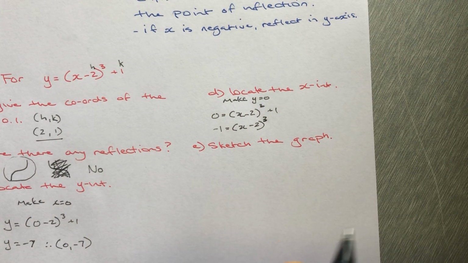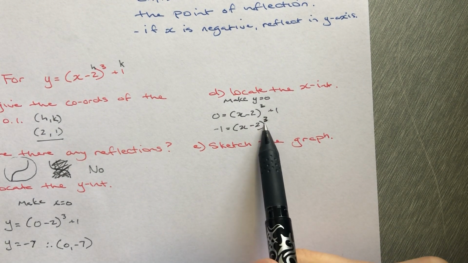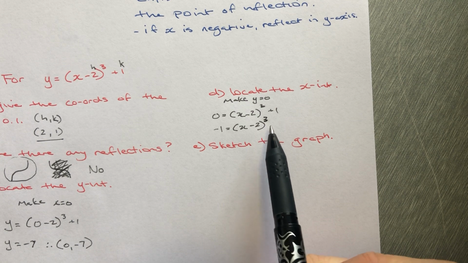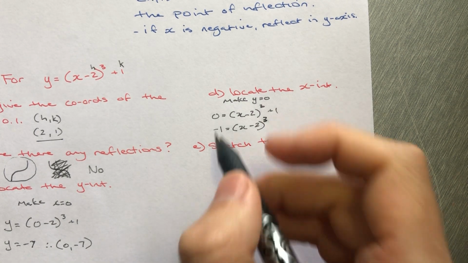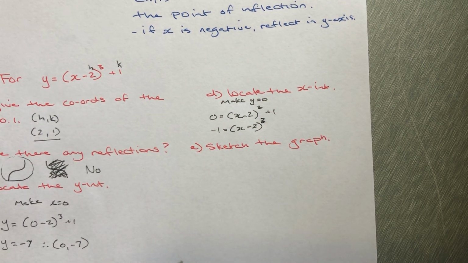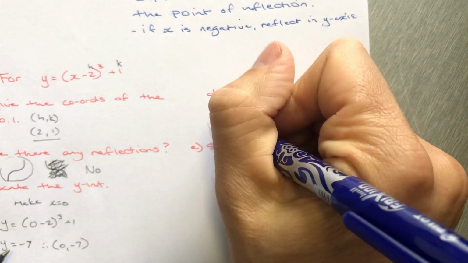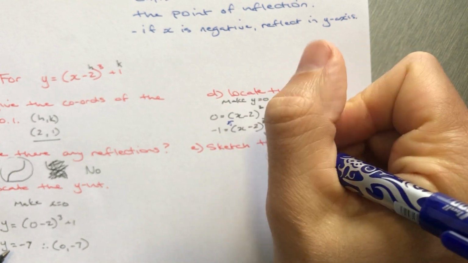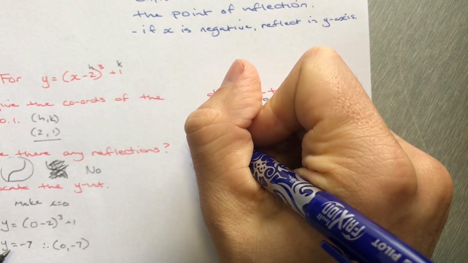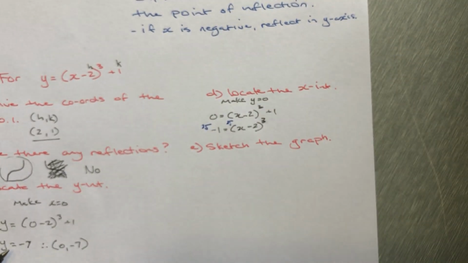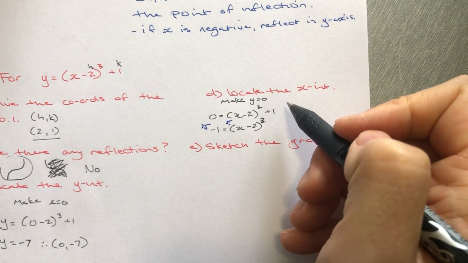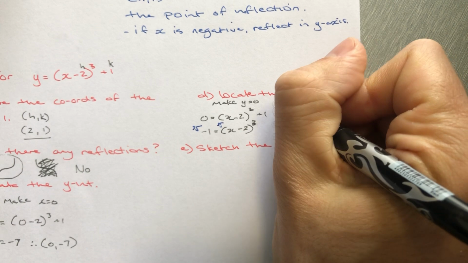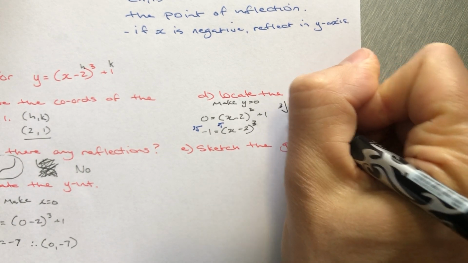Okay, so we want to get x as our subject, but we've got this cubed out there. Remember, if that was a squared, we could square root it. So if it's a cubed, we're going to have to cube root it. We'd have to cube root this side to eliminate that, which would mean we have to cube root this side as well. So that's going to end up giving us the cube root of negative 1